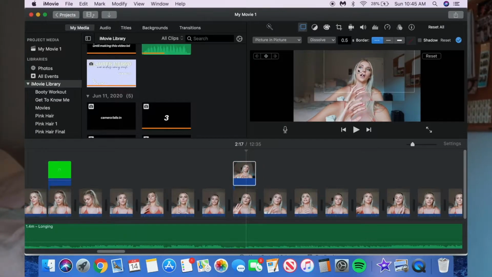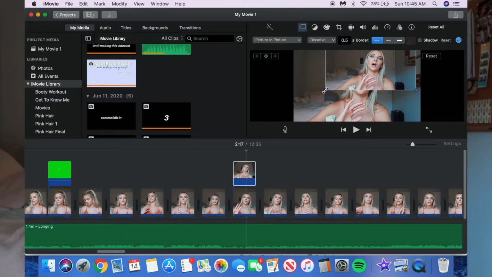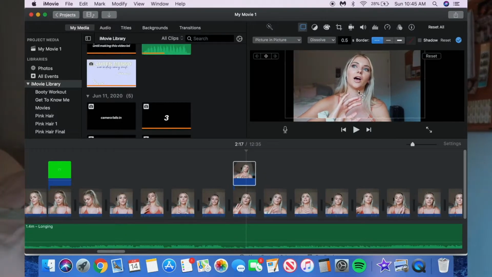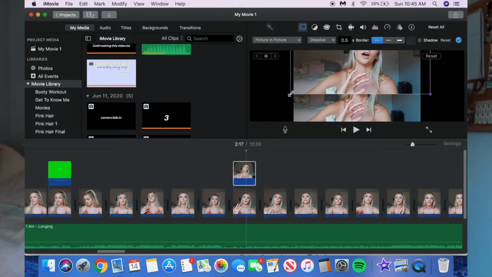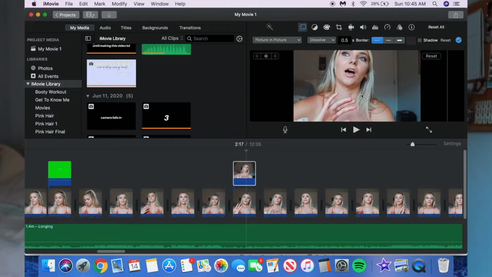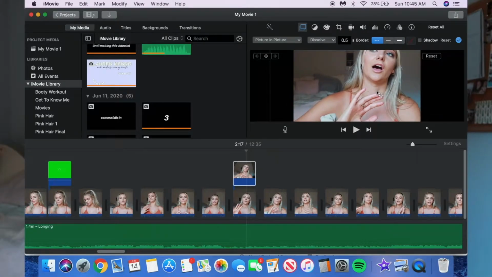And from here you want to zoom in to where you want the camera to kind of jump to when it's following whatever you want it to follow. And you also want to make sure that that top clip is covering the bottom clip fully when you drag it out. Otherwise, you're going to see that when you're done editing the clip. But from there, you just want to hit that little diamond on the left side. And this is basically going to allow you to switch the angle of the screen frame by frame.